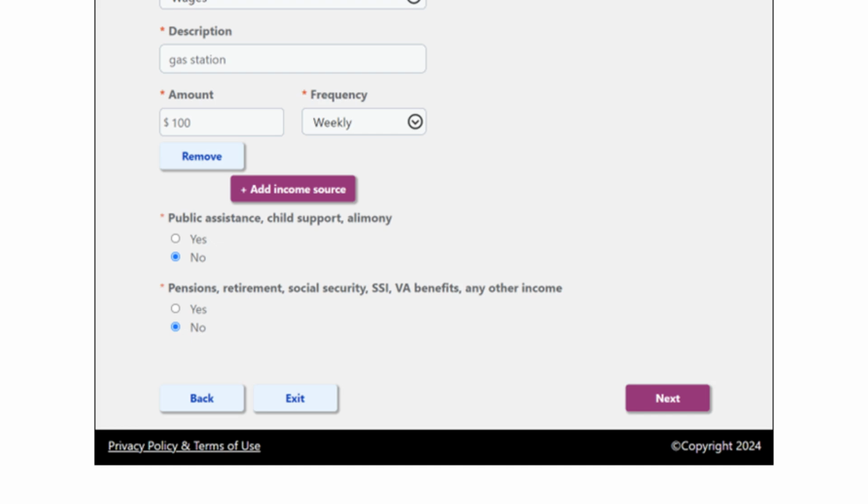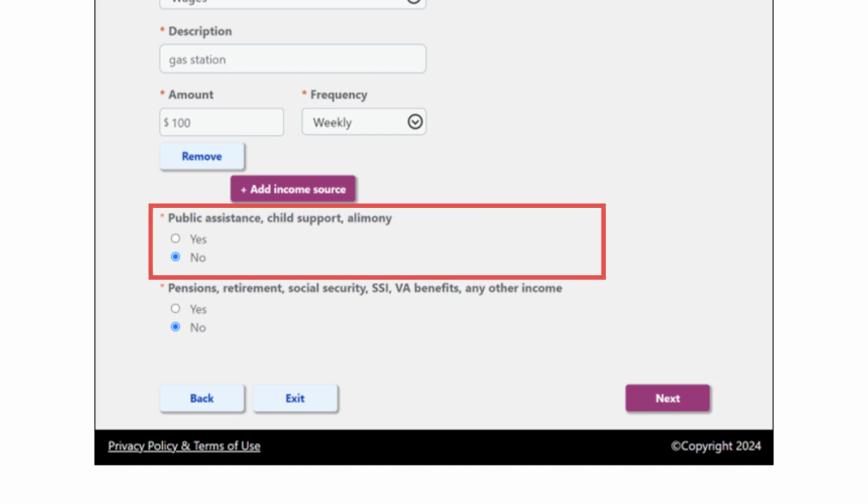Next, if the member receives public assistance, child support, or alimony, select Yes. If Yes is selected, Income Details fields populate below, just like the income details from the previous section. Complete all required fields before moving forward. If the member does not receive public assistance, child support, or alimony, select No and move on to the next